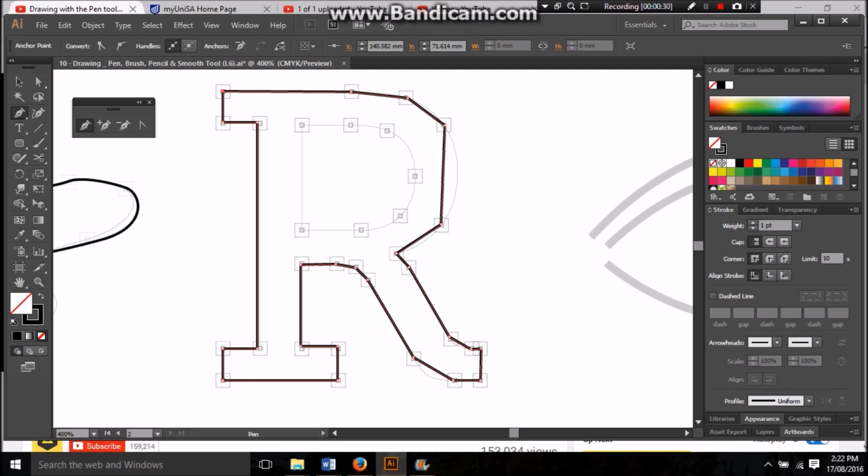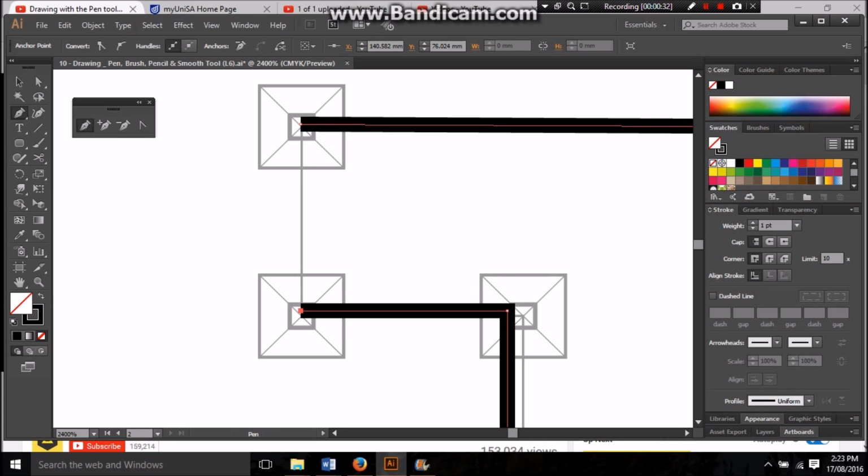Shift there. Now coming up to this last bit, if you say you didn't press Shift and you went off to there and you didn't have the right angle that you wanted, what you can do is go to your direct selection tool, which is A, select both those anchor points, and you've got your control panel here, so we're just going to go horizontal align, and that's going to make them align to a perfect 45-degree angle here,